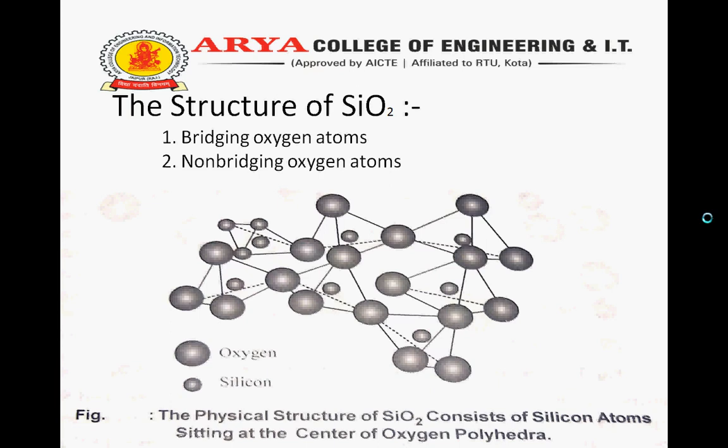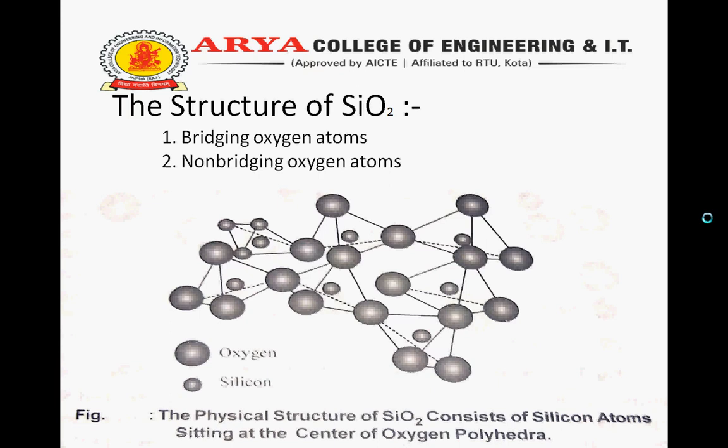The structure can be thought of as four oxygen atoms sitting at the corners of a triangular polyhedron. In the center of the polyhedron is a single silicon atom. Thus, each of the four oxygen atoms is covalently bonded to the silicon atom, satisfying the silicon valence shell. If each oxygen atom is a part of two polyhedra, the valence of the oxygen would also be satisfied and a regular crystal structure called quartz would be the result.